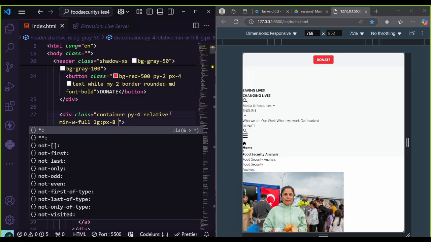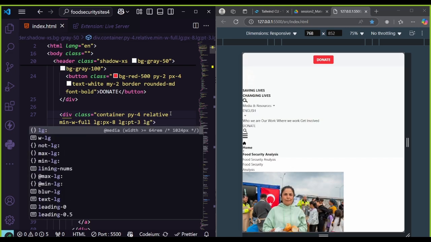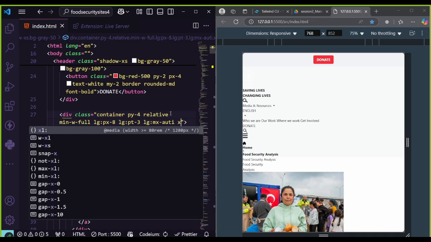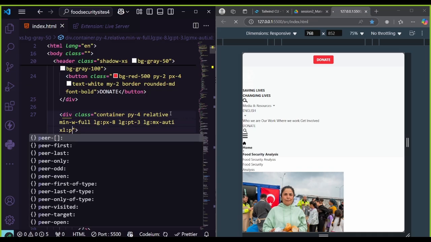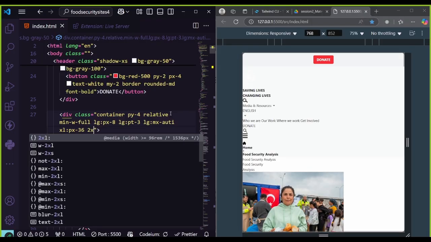And then LG:max-w-... sorry, max-auto, XL:px-36, 2XL: